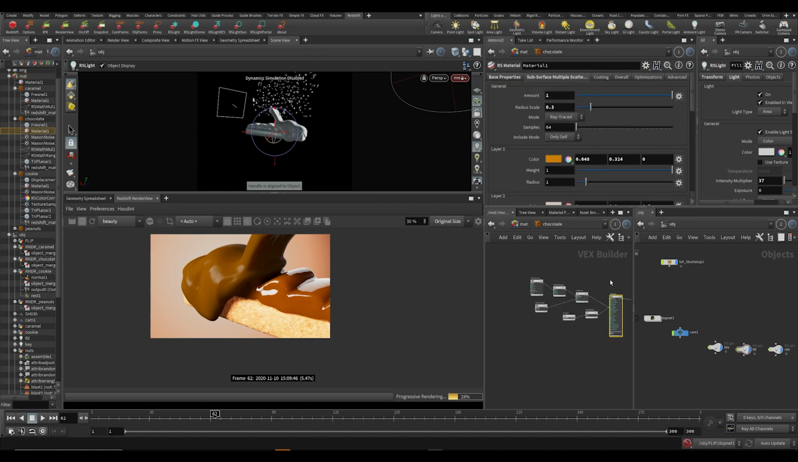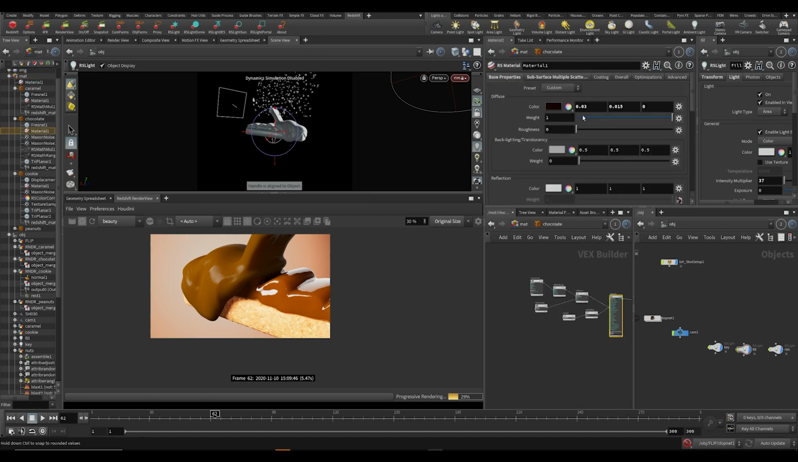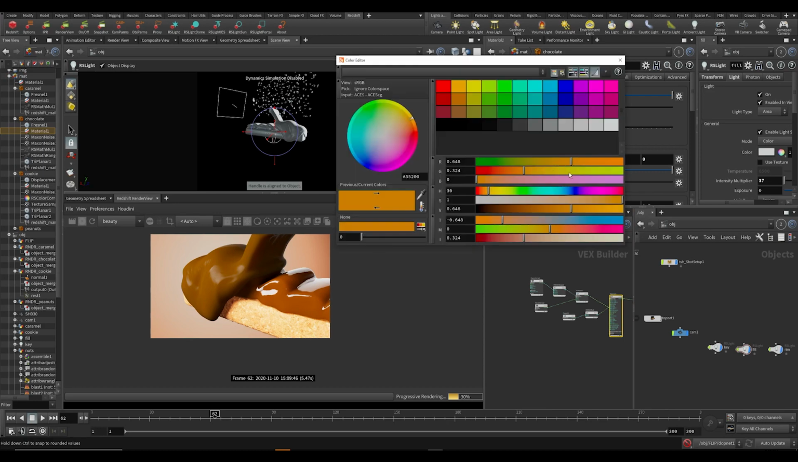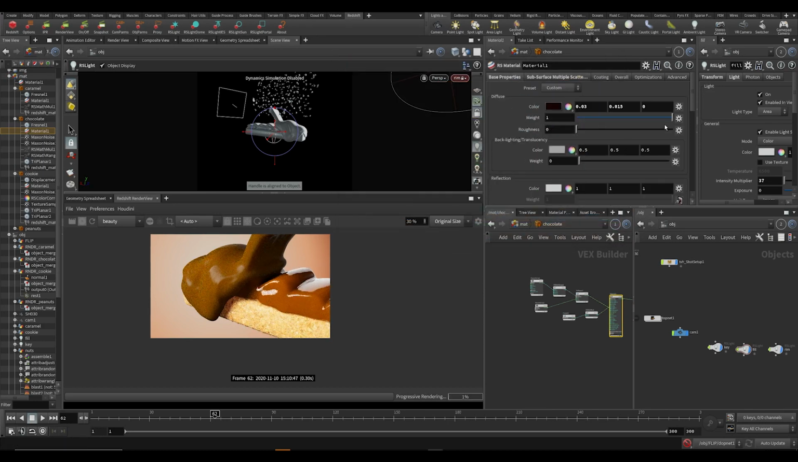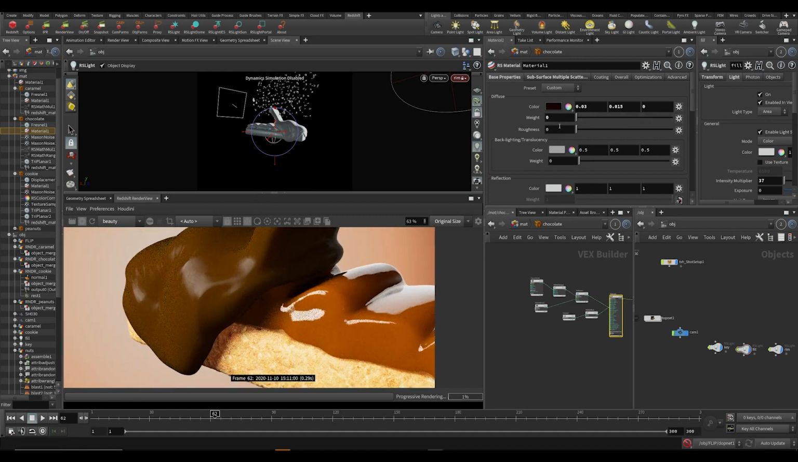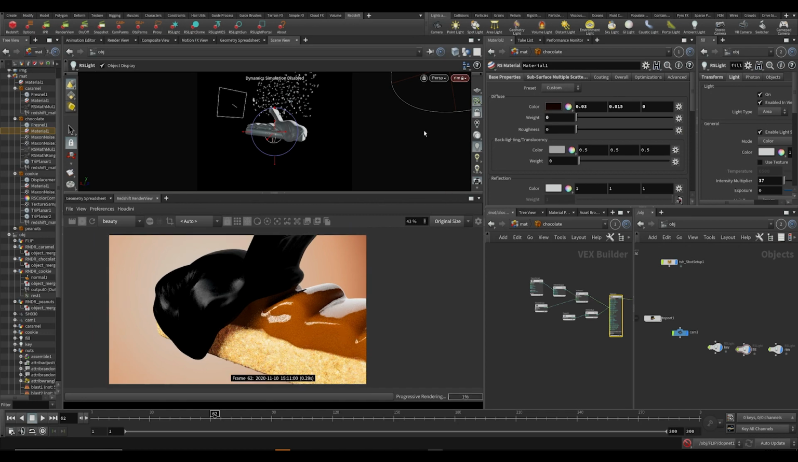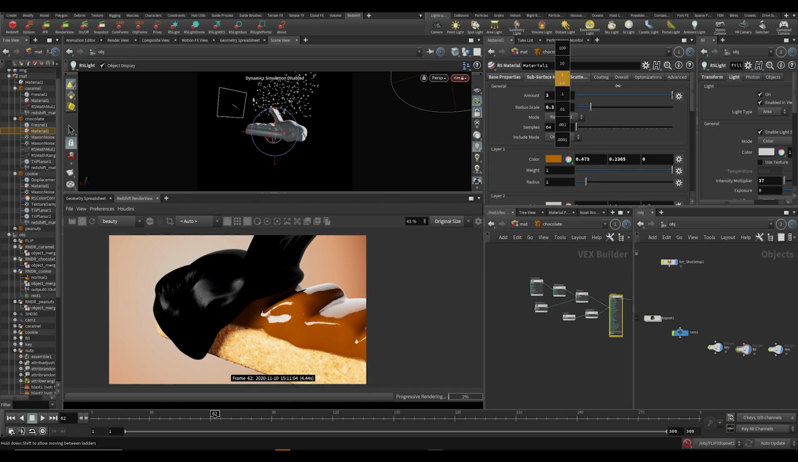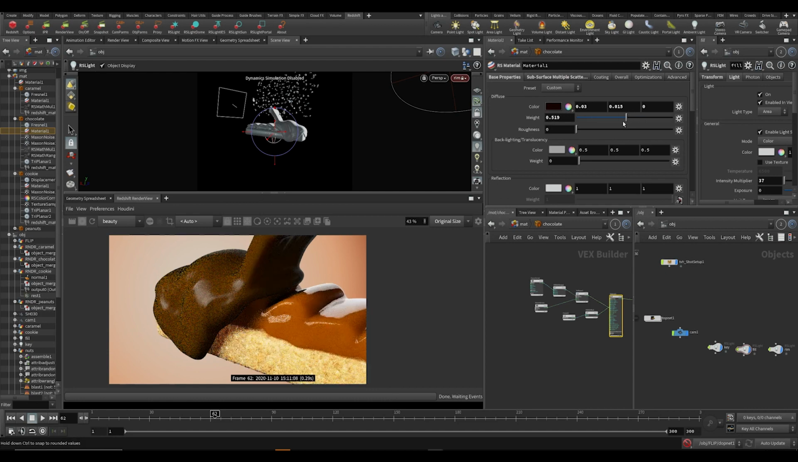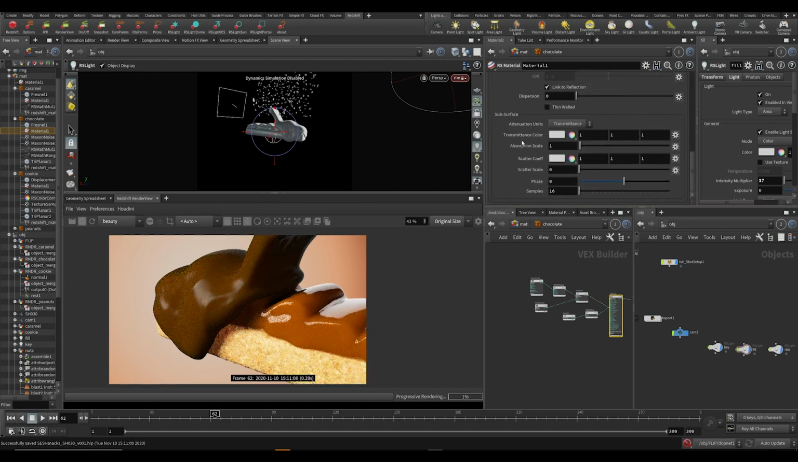All right, so the chocolate. Maybe we want the subsurface to be a little bit darker. Let's see what it does if we turn down our diffuse. So now, if we turn down our diffuse here, then we're only going to be left with subsurface. And in this case, we don't really see that much from it. So let's